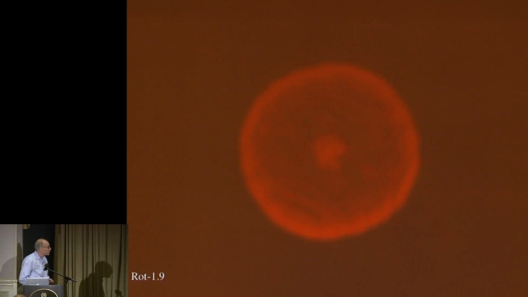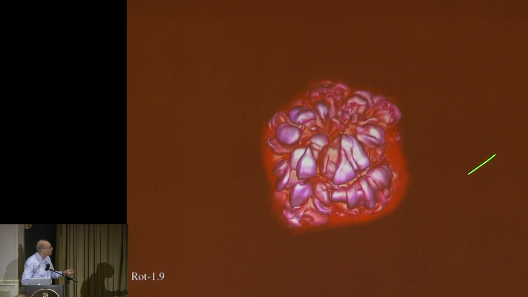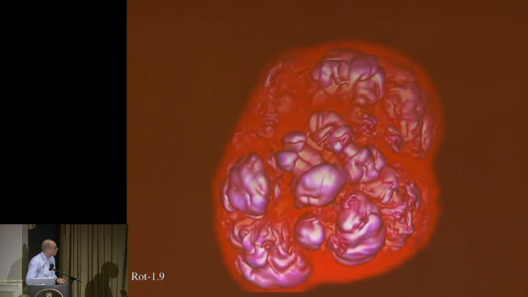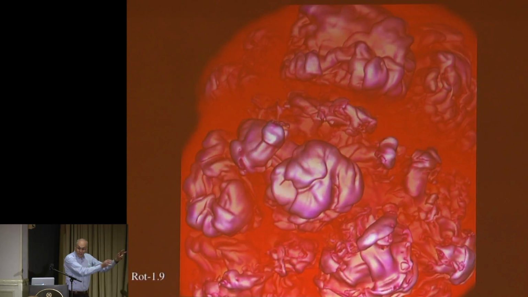Now, this is, of course, what you might expect if you do the simulations. This is just an example of a very simple simulation, simple in that the neutrino transfer is very simple. We just wanted to show the basic distributions of the bubbles and the structures that are produced. And you can see that these do look a little bit like, and this is generic, I didn't just cherry pick this, the distributions that I showed just earlier.